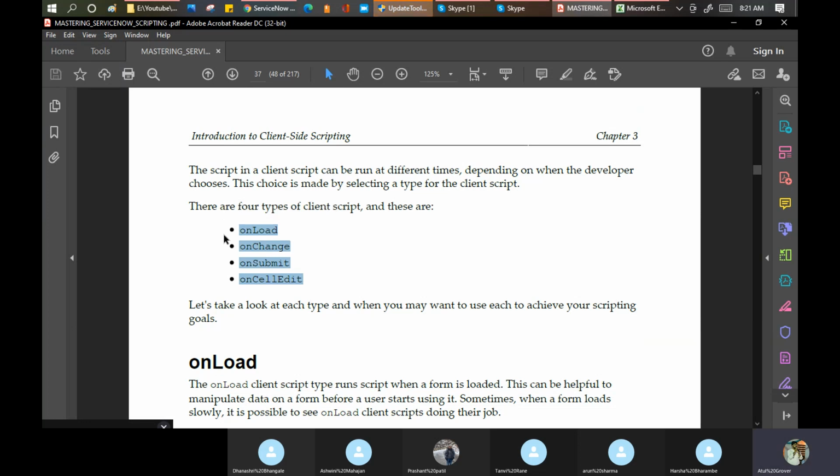You have to pass some parameters, only then will these functions work properly in our scripting part.